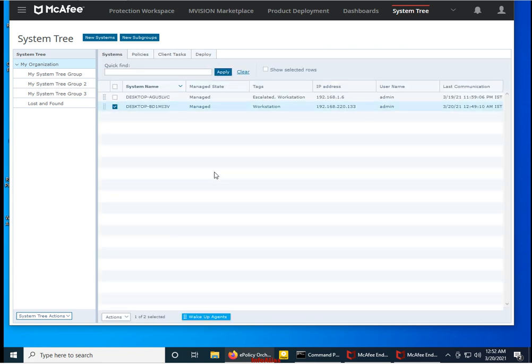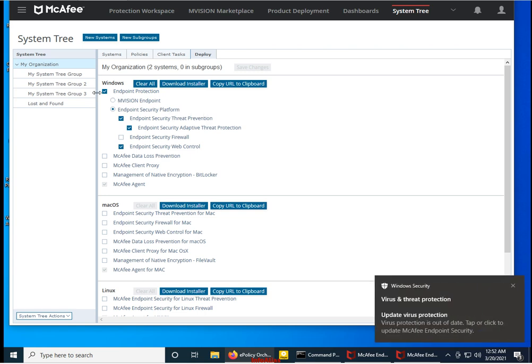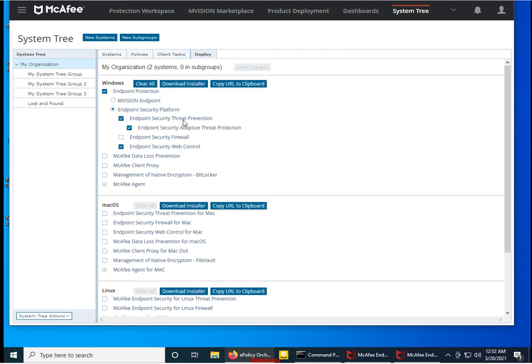Now I can tell you another way to deploy the products. When you are deploying the products, you can deploy them by selecting the groups as well. And see, we are getting a message over here. It means products are deploying and updating through the dashboard on the client machine. That's why we are getting the Windows notification. We are closing it. So I was saying the product can be deployed group wise as well.